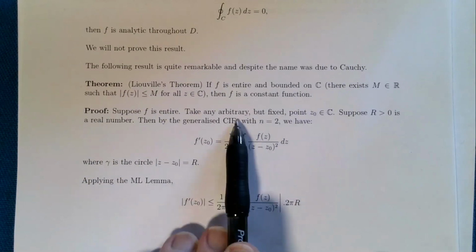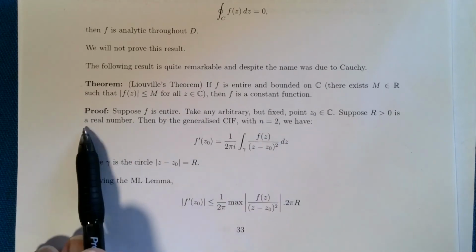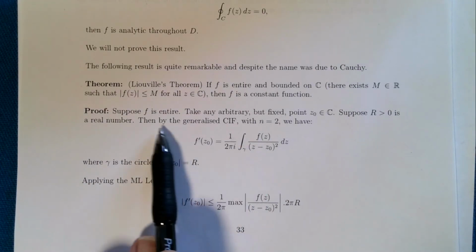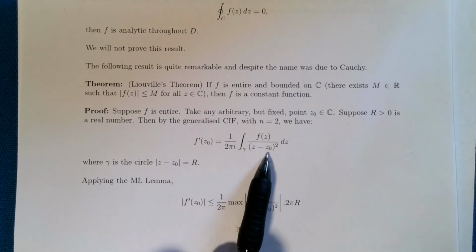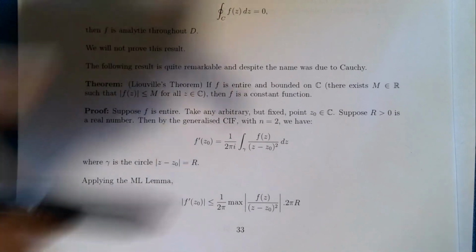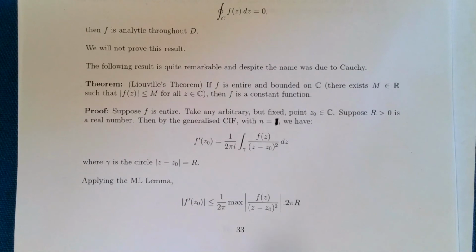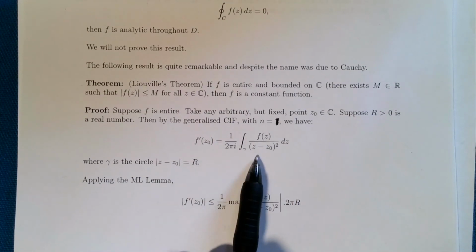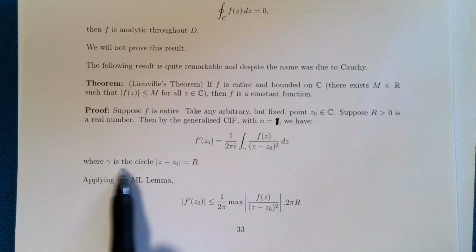Take an arbitrary but fixed point z0 in the complex plane, and suppose capital R is a real number bigger than 0. Now we're going to apply the generalized Cauchy integral formula for n equals, well, it's actually n equals 1, isn't it? Not 2, if you put it into the formula. So generalized Cauchy integral formula for n equals 1, and we get this. The first derivative is given by that,